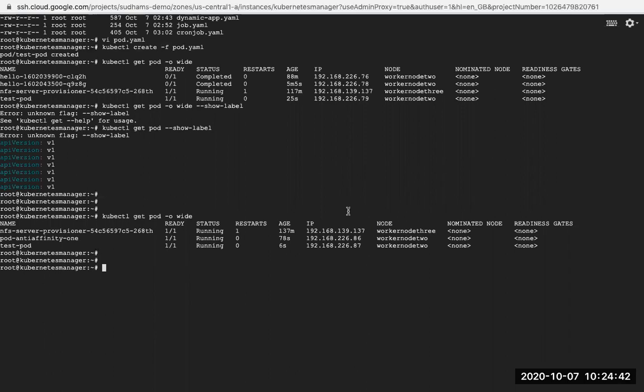This will be useful when you want to launch dependent applications on the same node in order to reduce latency in communication. Then you have to use pod affinity. Anti-affinity is something where, let's say, I don't want to launch two particular pods on the same node, which will consume a lot of resources. So I want to run these pods on separate nodes. Then you have to go for pod anti-affinity, which will ensure that wherever pod A is running, pod B is not running on the same node. That will ensure that pods spread equally across multiple nodes. That's how pod affinity and anti-affinity work.